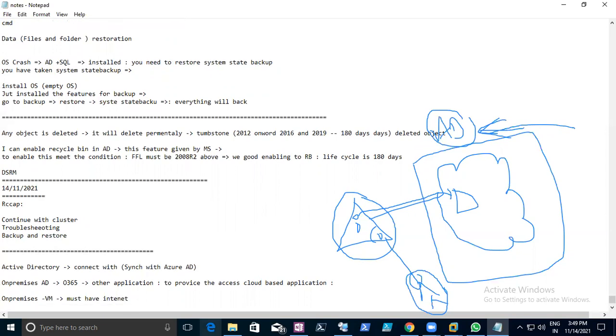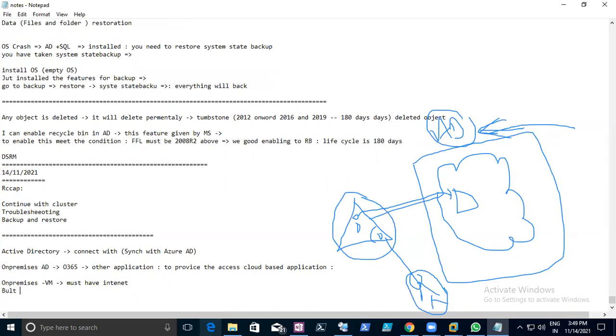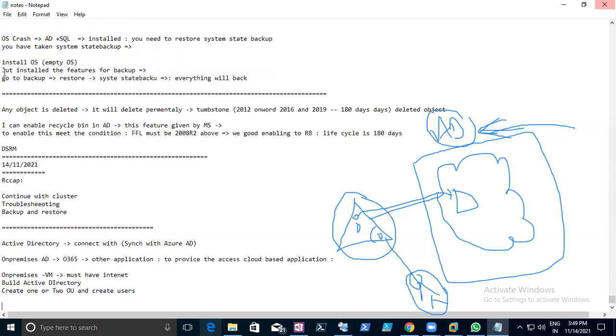Then you can build Active Directory, and then create one or two OUs, and create users on that. These are the parts we already know.